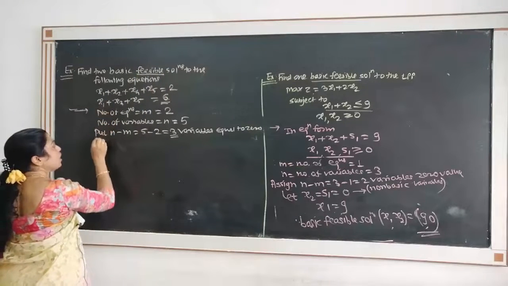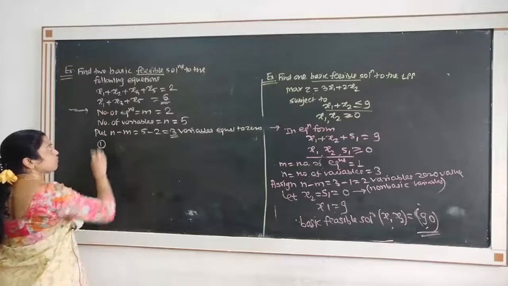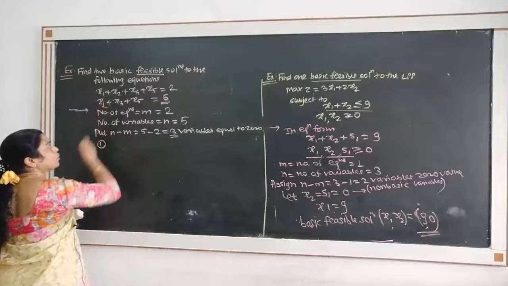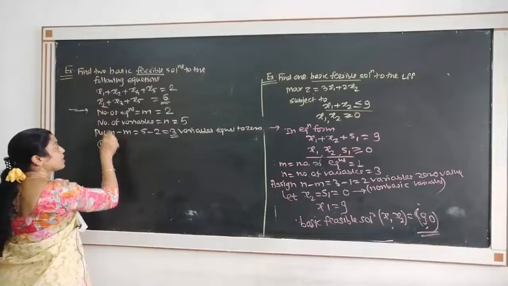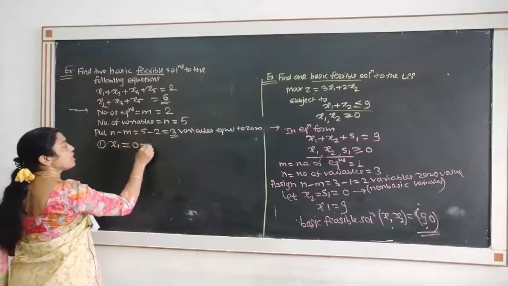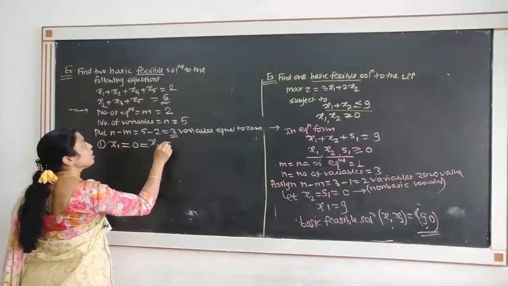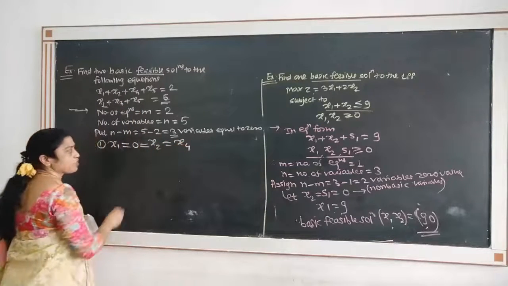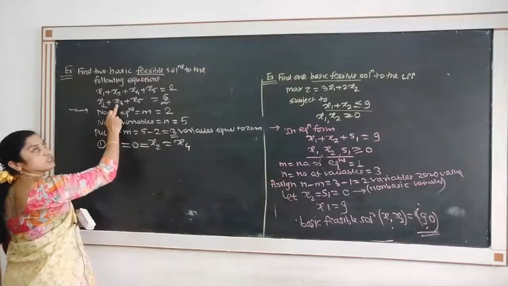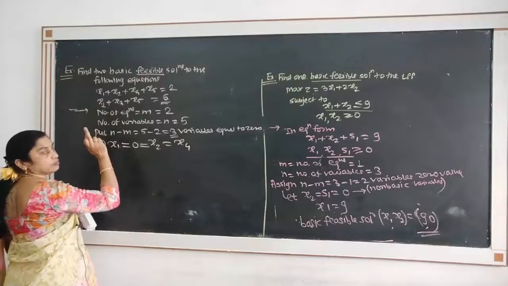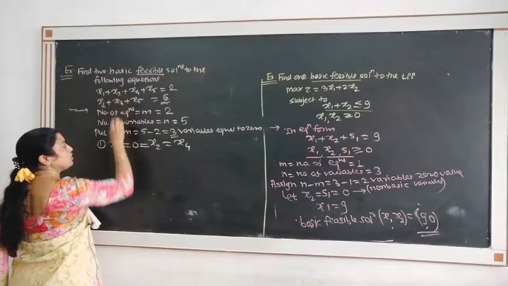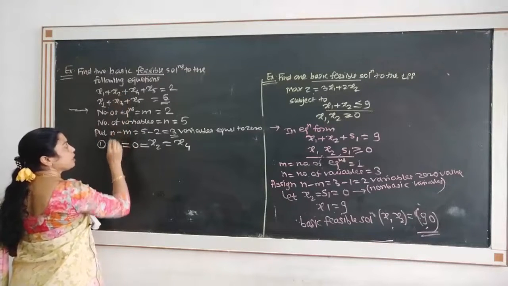So to obtain the first basic feasible solution, I will put one of the variables equal to 0. So I will put x1 equal to 0 from this, and then from the above equation any other 2. Suppose I will put x2 equal to x4 equal to 0. So I am substituting 3 variables equal to 0, but note that from the second equation I am taking only 1. So I will put x1 equal to x2 equal to 0. If you put these values in this equation, what is the remaining equation?